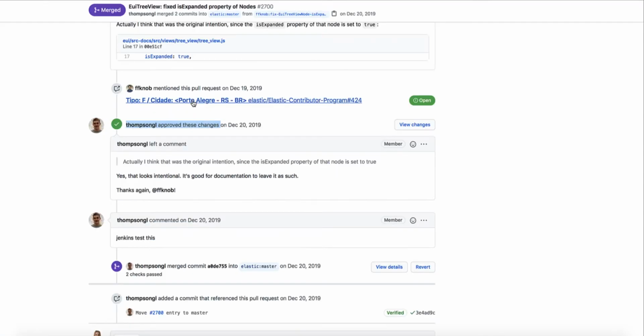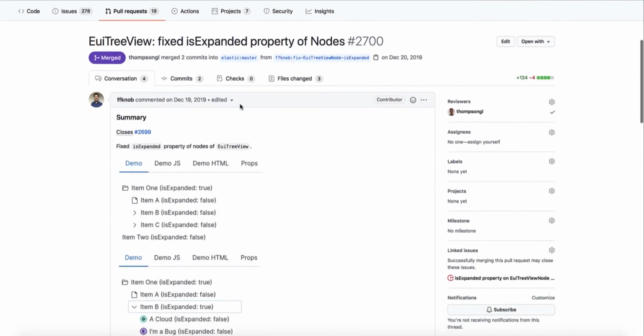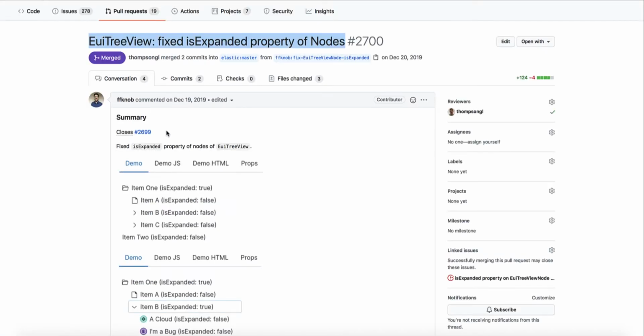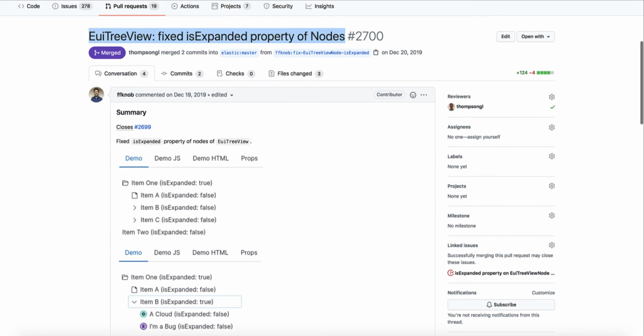I think this is the first one. I don't remember, but let me use this one for example. This is just the title, so this is a simple thing. You just need to paste it here. And then there is the date. So let me see when it was submitted. All right, December